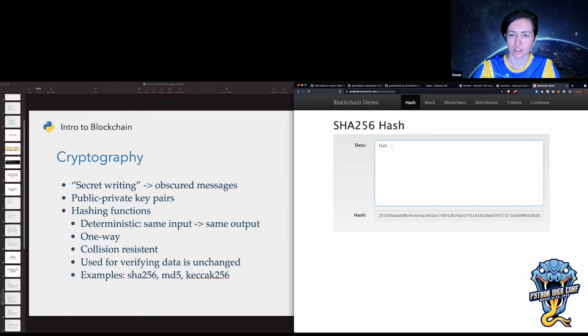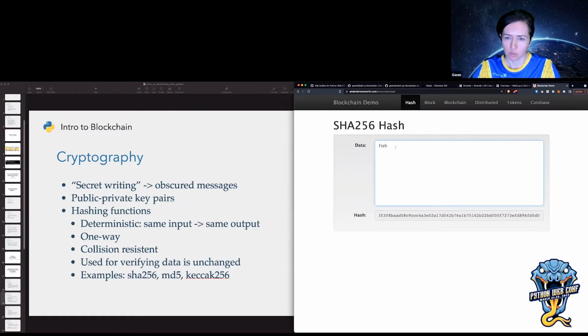If I put fish here, you can see as I type, this hash down here completely changes. It's not something you can predict. If I change one letter, you can see it completely changed, right? It's not incrementing anything. There's no way you can figure out what it's going to be next. The only way to know what it's going to output is by actually putting in the input. Another characteristic is that from the output, you can never tell what the input is. It's only one way. You can put in input and it'll give you output, but you can never get from this output back to the input without already knowing what the input is.